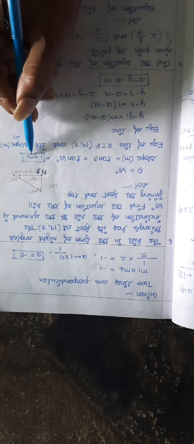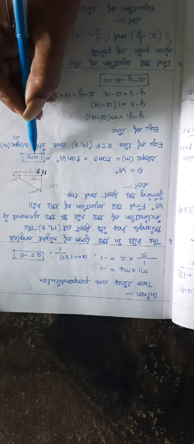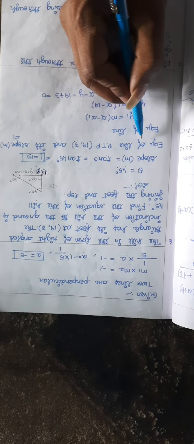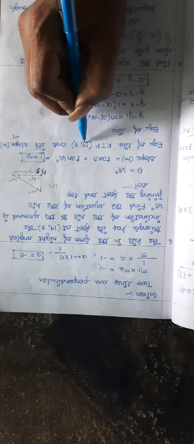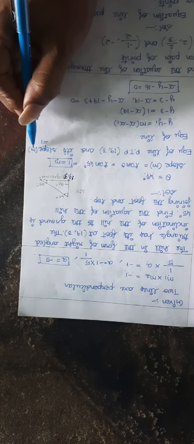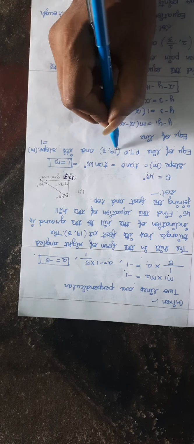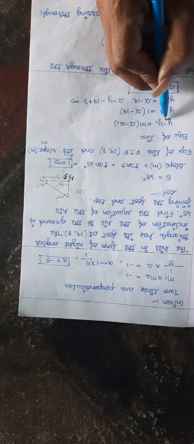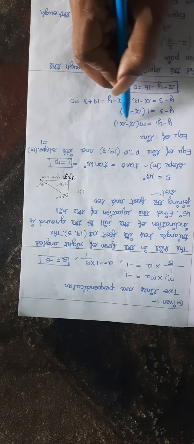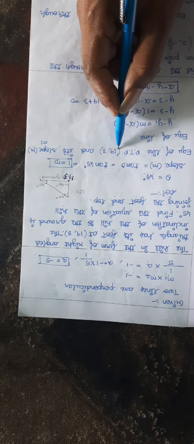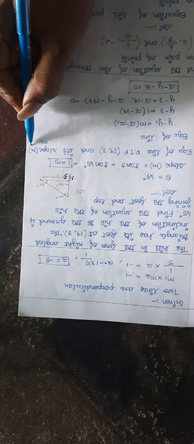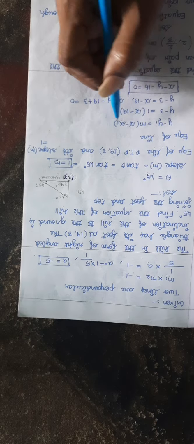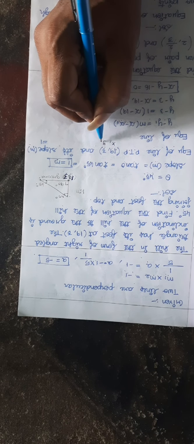So now m is equal to 1. Here what they have given? The slope and one point it passes through. Understand, boys? That is the equation of a line passing through one point with slope m. Then the equation of the line is y minus y1 is equal to m into x minus x1. So take x1 and y1 and substitute here.